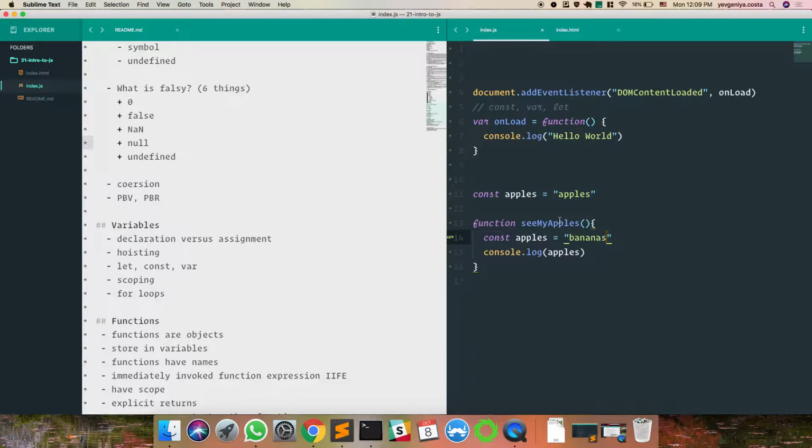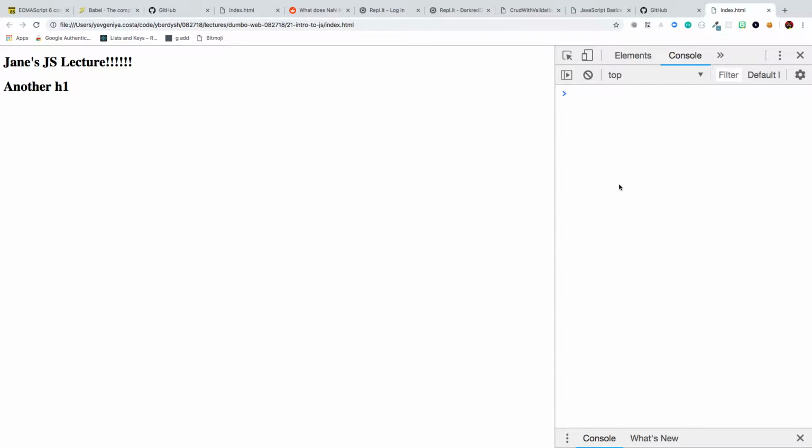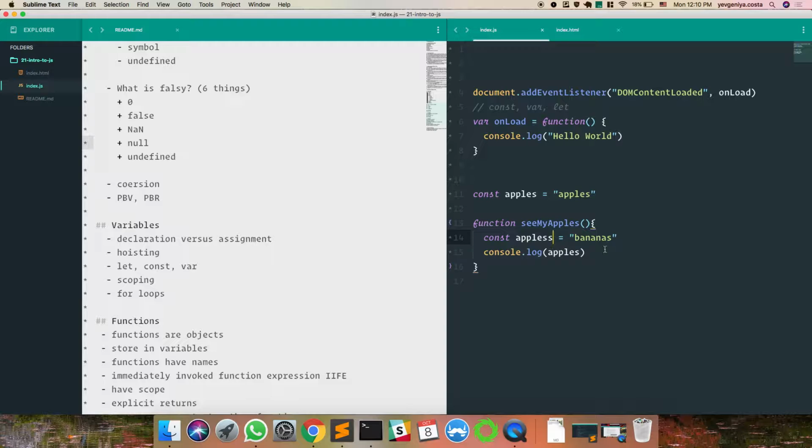So, scope is kind of like Russian nesting dolls. Have you seen those? Matryoshki. I'm Russian, so I know this thing. Whatever is in your innermost scope, it's going to look in its innermost scope first, and if it doesn't find it, then it's going to go up a scope and check there. So if it didn't find apples here, like if I named it something else, then it would print the apples that it does find in the parent scope.